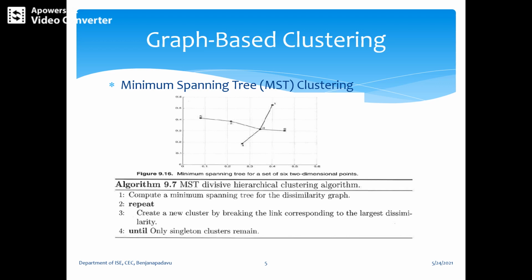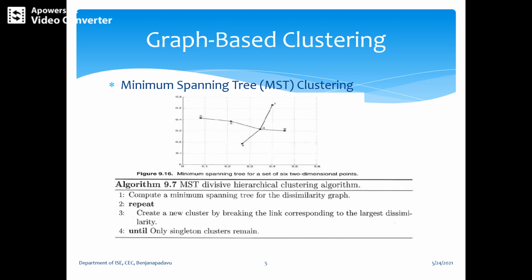This is helpful for handling outliers and noise. Next, define a similarity measure between two objects based on the number of nearest neighbors that they share. This approach is based on the observation that an object and its nearest neighbors usually belong to the same class. It is useful for overcoming problems with high dimensionality and clusters of varying density.